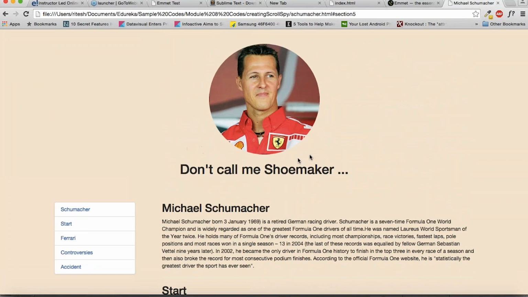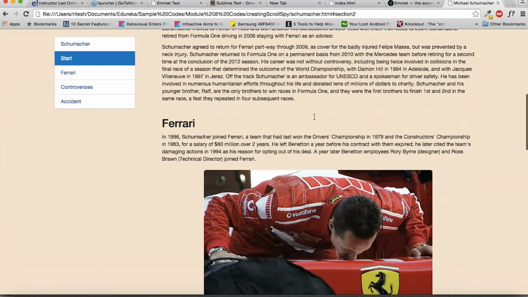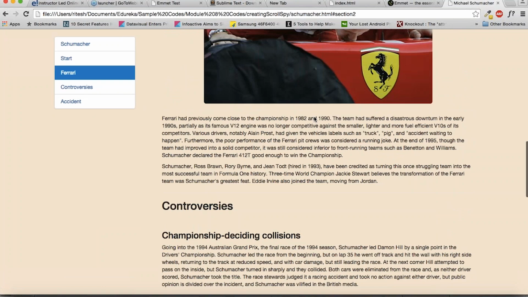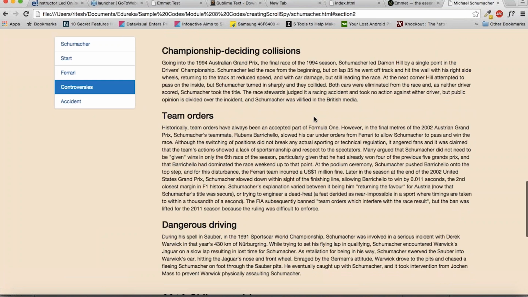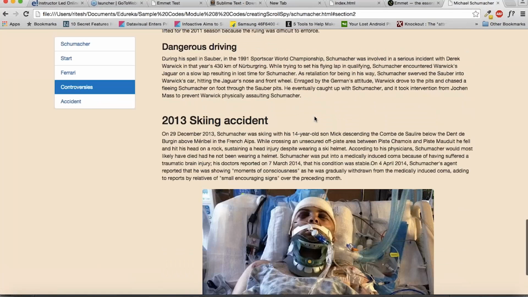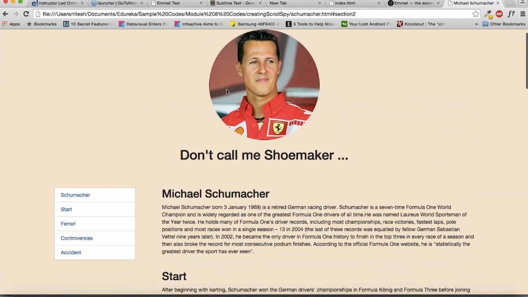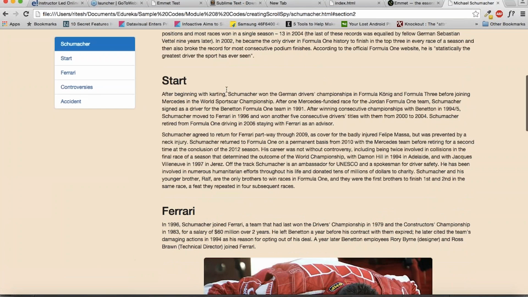So Varun, it is not replacing the content, it is just scrolling the text up and down. Even if you don't go through these links, when you scroll this page and come to the controversy section, you see the controversy link is highlighted. When you come to the accident section, the accident link is highlighted. When you come to Schumacher, that link is highlighted. When you are at the start, the start link is highlighted. So that is how it works.